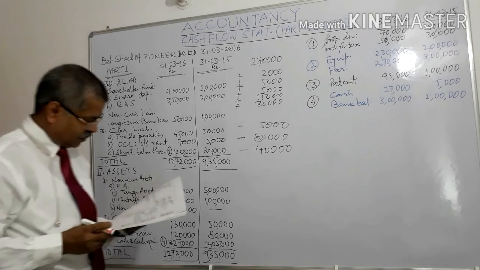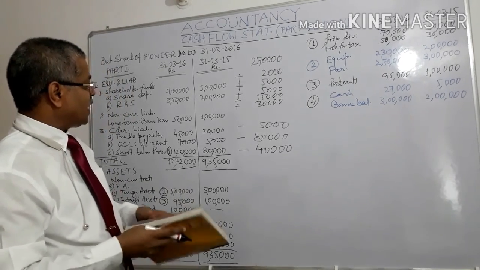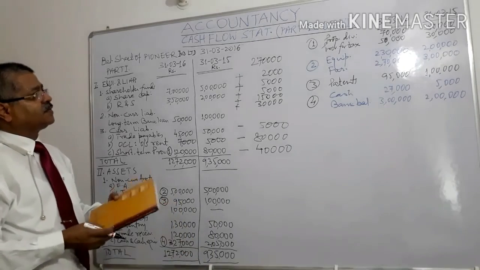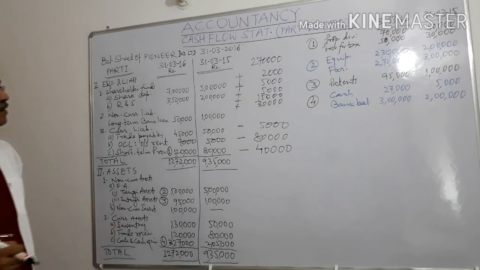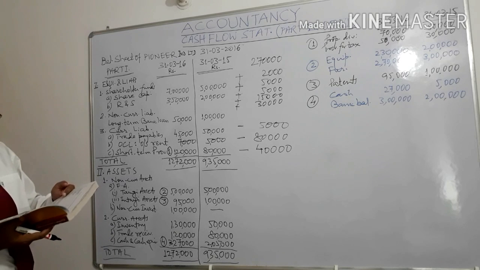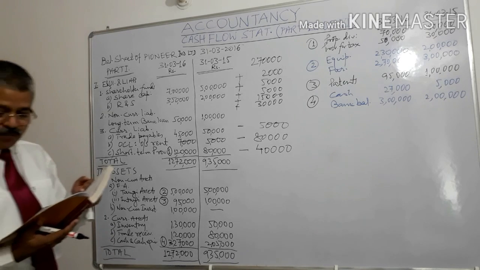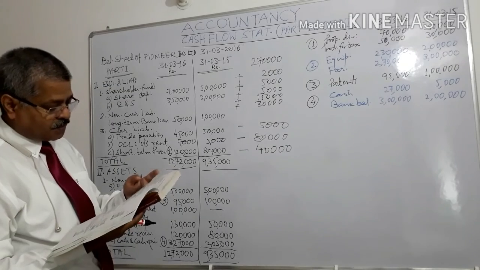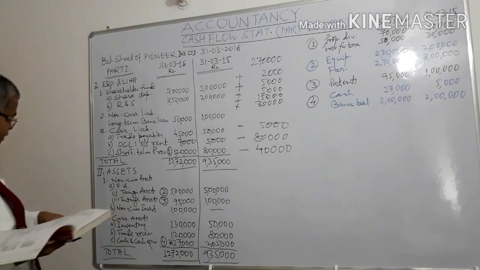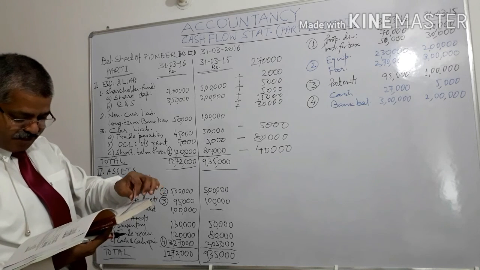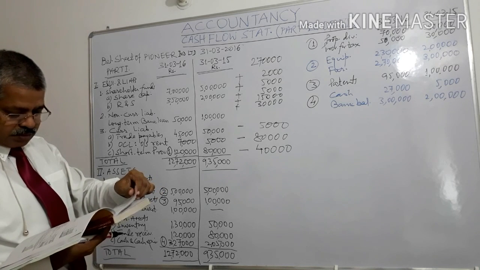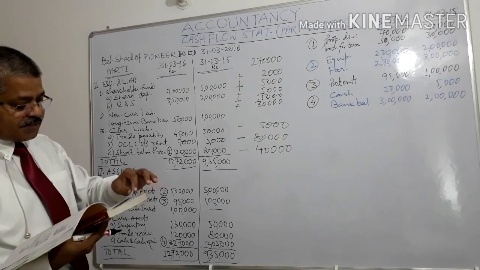Okay. Then we come to the last item, income tax. So what is the tax? How do we know what is the tax that is to be paid? Tax paid. How do we know tax paid? Here you will find tax paid is coming from 30,000 rupees is the tax paid.